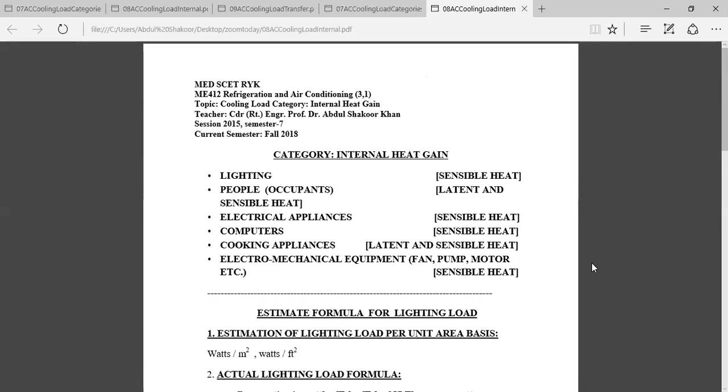Now we will take one by one these four categories, and